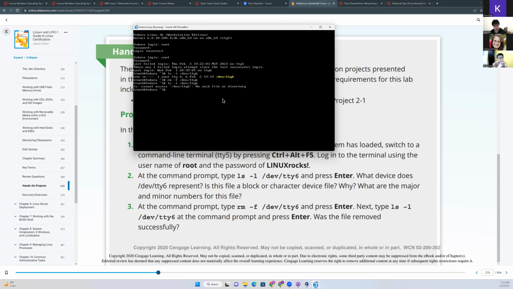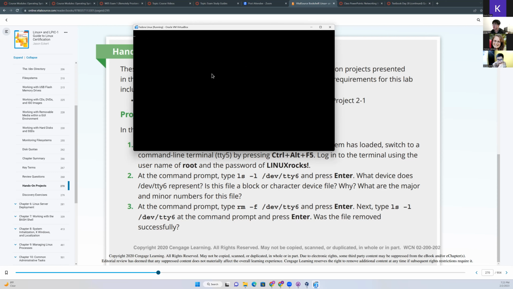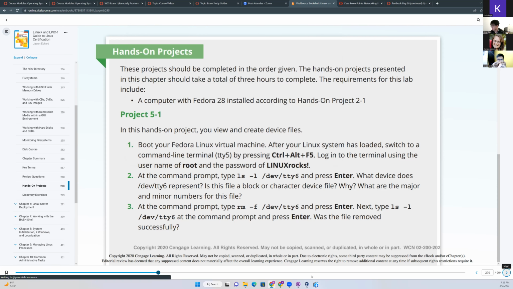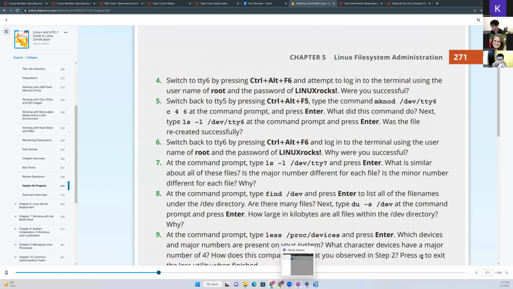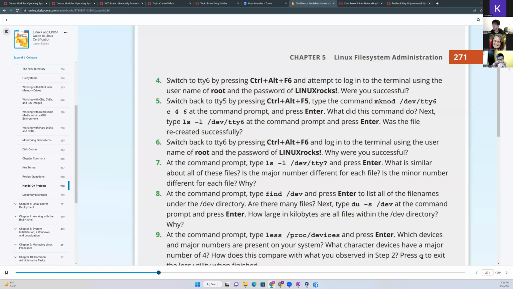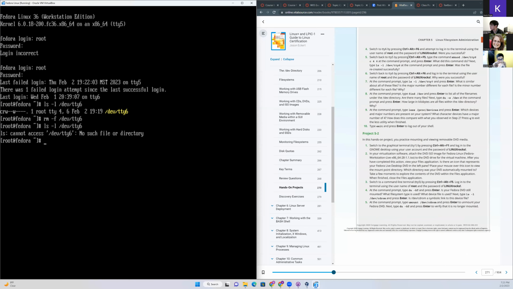And right now, if I try to go to the TTY6, it's just giving me no terminal, just a blank window. And I go back to the TTY5. And the next step is, wait, where is it? Oh, right here. Sorry. Let me just do something like this. And the next step is to